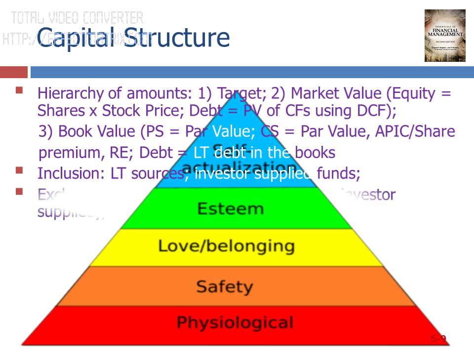Okay? So what then is the status, or how do we treat current liabilities? Basically, in general, current liabilities are excluded, specifically accounts payable and accruals, because they are not investor supplied. APs come from your credit from your suppliers or vendors. For accruals, these pertain to your service providers, accruals of utilities, rent, and the others.